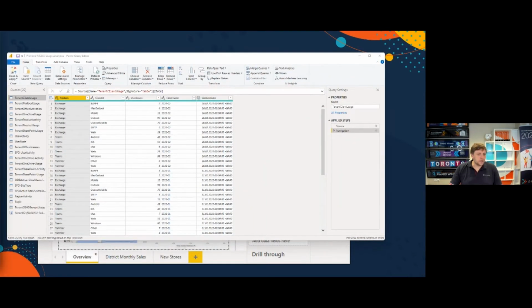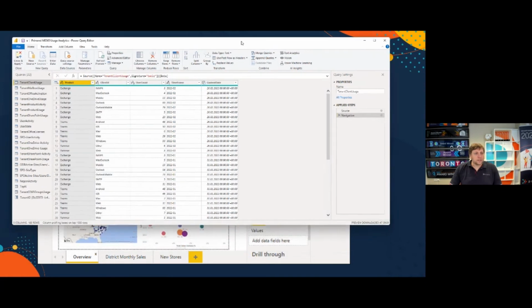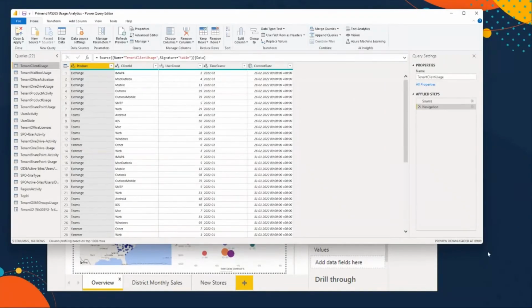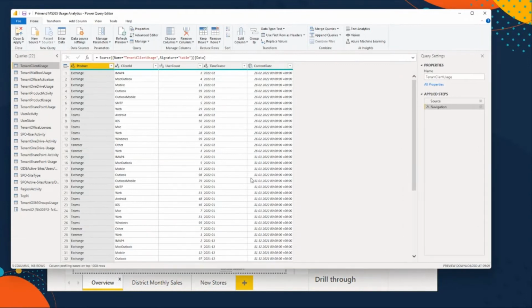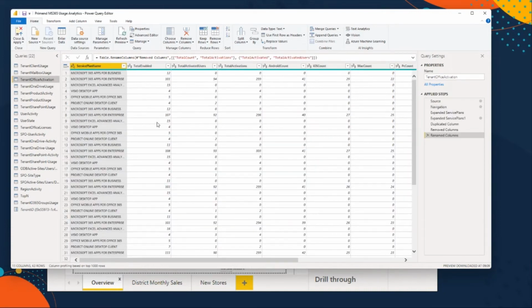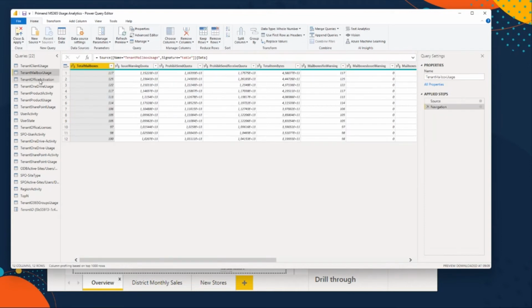Nice. I think I got it now. So here you can make connections to different data sources. You can record steps that you are doing with data. This report takes data mostly from Microsoft APIs, so it's already formatted in